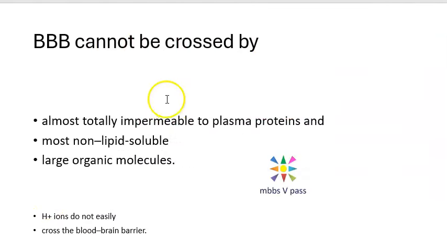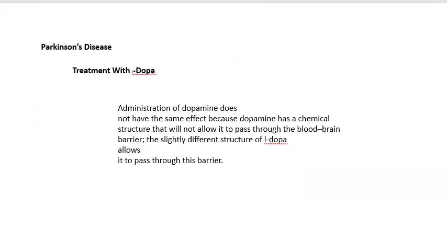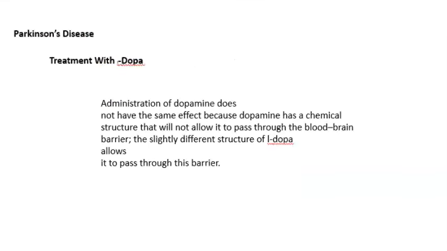Who cannot cross the blood-brain barrier? Some toxins, pathogens, large molecules, non-lipid soluble substances, big proteins, all of these cannot pass. Even H+ ions cannot pass easily. Clinical importance of the blood-brain barrier, you will say, for example, in Parkinson's disease, the person needs dopamine,